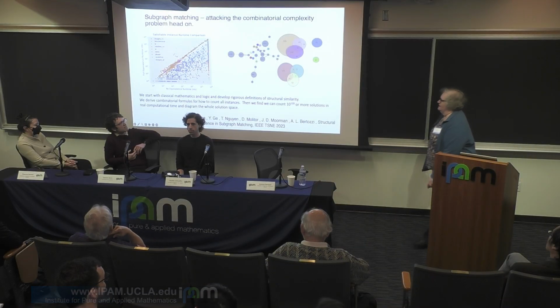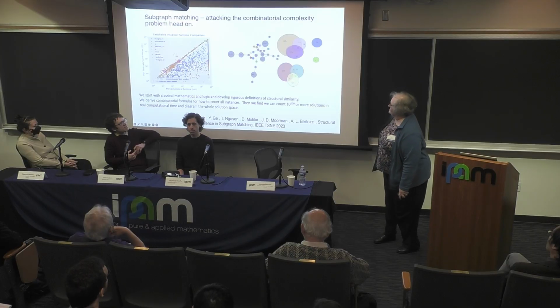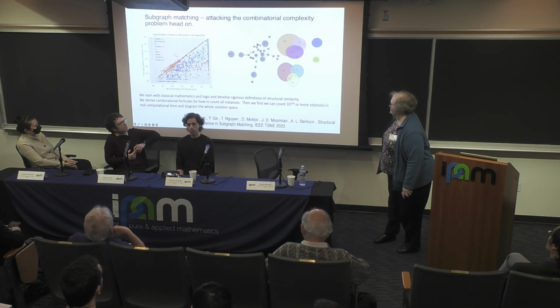So most people, when they hear combinatorial complexity, if you just read the literature, you'll see that there's sort of a knee-jerk reaction that people have, which is to just walk away from that problem. But why do you have to walk away? Why not attack the combinatorial complexity problem head on? So this is something that I've been interested in, and this is some pictures from work from my group a couple years ago,